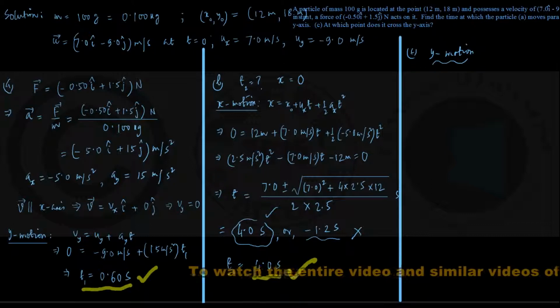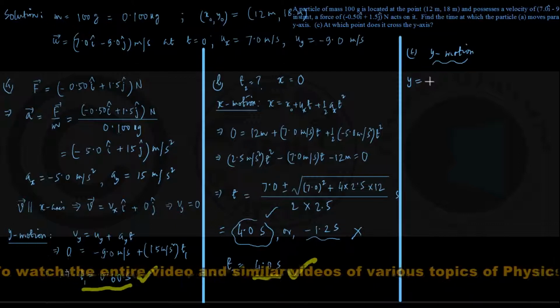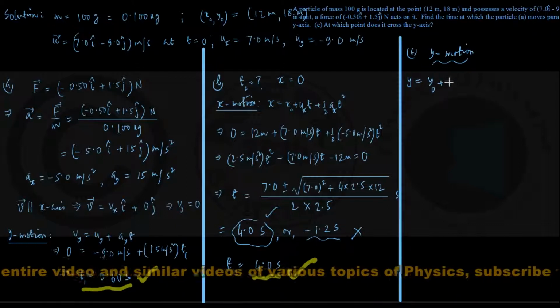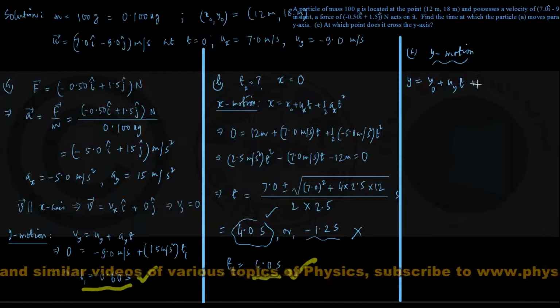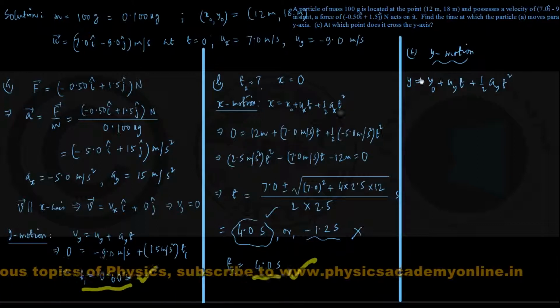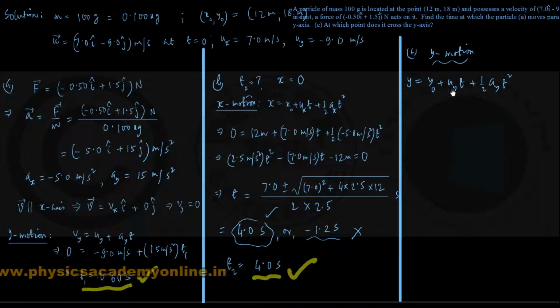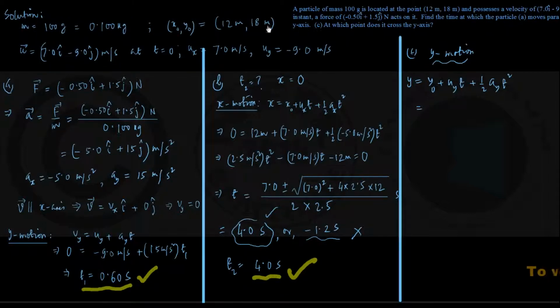And for that, considering y motion, we once again write the kinematic equation in component form. Y is equal to y0 plus uy into t plus half ay into t square, isn't it? Just like this one, y is the final y coordinate, y0 is the initial y coordinate, uy is the initial velocity y component, and ay is the acceleration y component. So let's put the values. Y0, initially y0 was 18 meters, as you can see. So I put the value here,